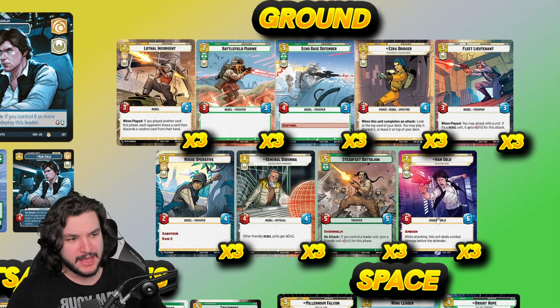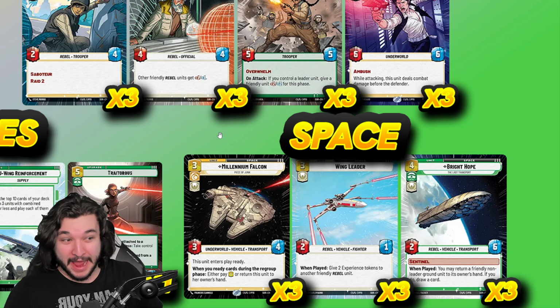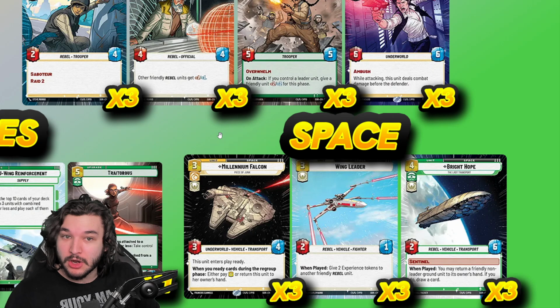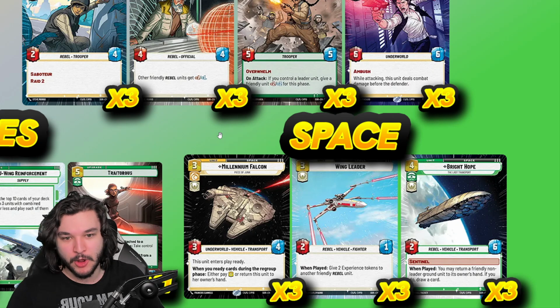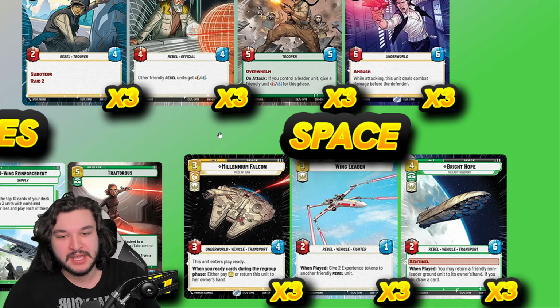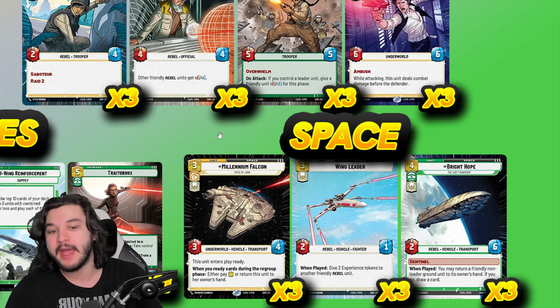Let's talk about the space and, of course, eventually get up to the events and upgrades. So the space units are kind of the reason why this deck is immensely powerful, especially against the early aggressive decks or even the Boba decks, because Millennium Falcon just cleans house. And it is extremely good with Han specifically, but